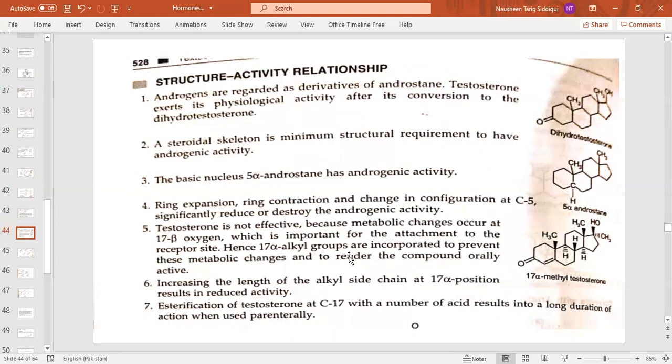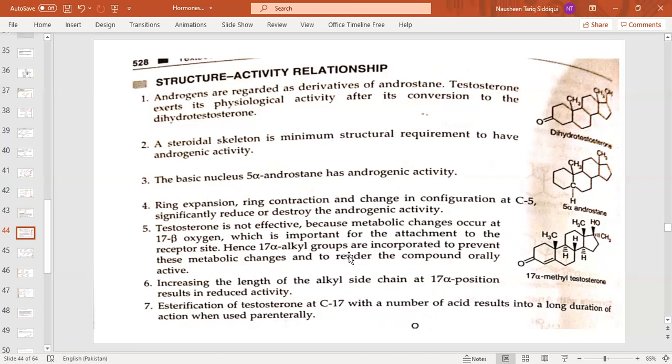Okay, we'll discuss some androgenic structure activity relationship of androgen. Androgens are regarded as derivative of androstane. Testosterone exerts its physiological activity after its conversion to dihydrotestosterone. जब टेस्टोस्टेरोन डाइहाइड्रोटेस्टोस्टेरोन में कन्वर्ट होता है तो उसकी एक्टिविटी इंक्रीज होती है।